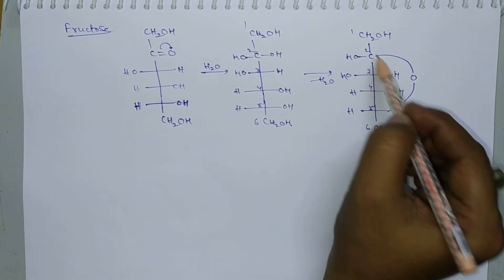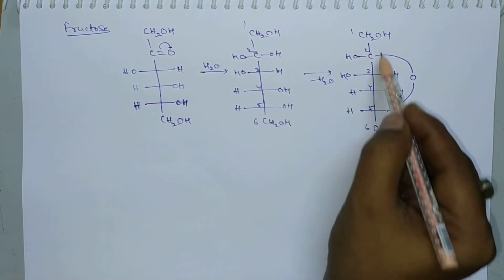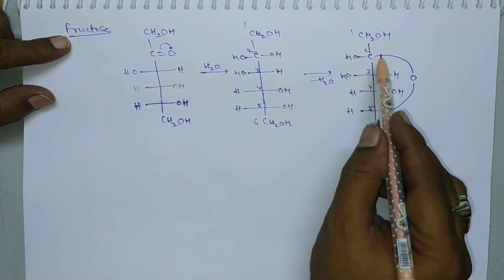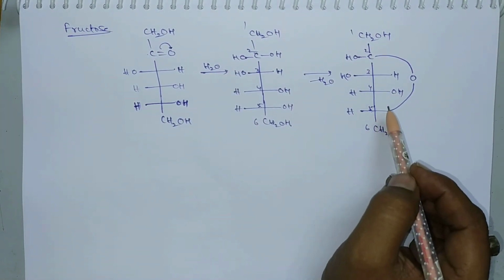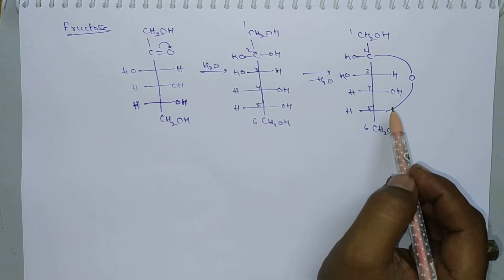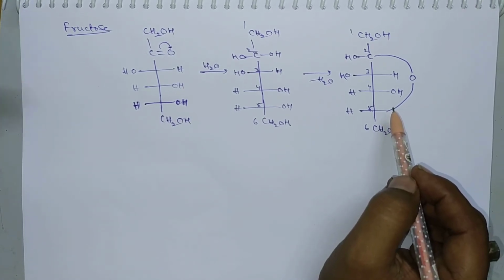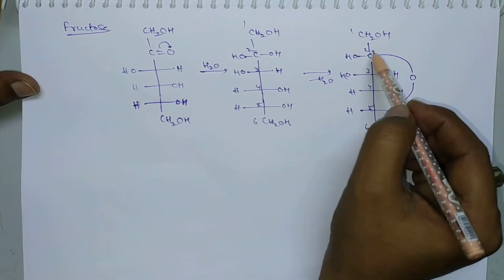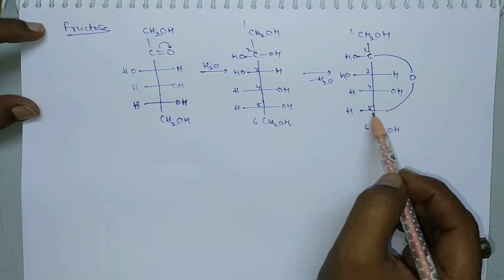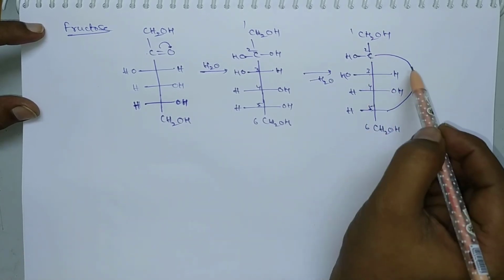Okay, so here there exists a cyclic ring between second and fifth carbon. So in case of fructose, there exists a cyclic ring between second and fifth carbon. So he may ask in which of the two carbons there exists a cyclic ring, in case of fructose or in case of glucose. In case of fructose, there exists a cyclic ring between second and fifth carbon. So here it exists as a 5-membered ring, 1, 2, 3, 4, 5, 5-membered ring.